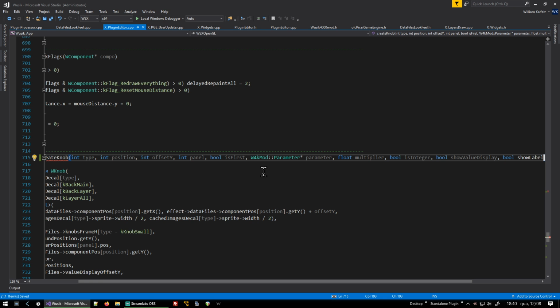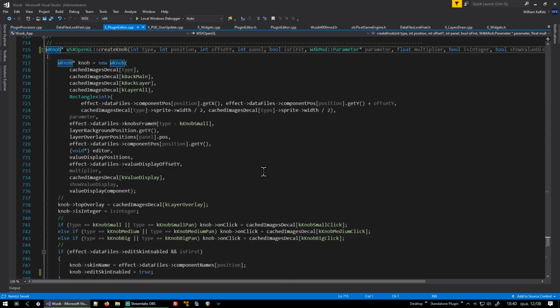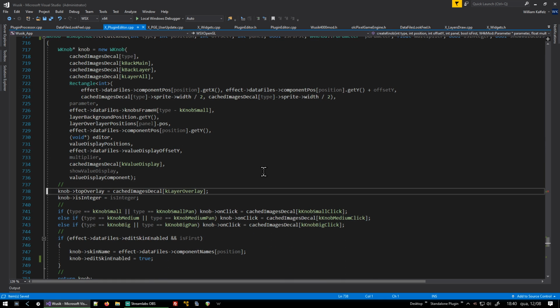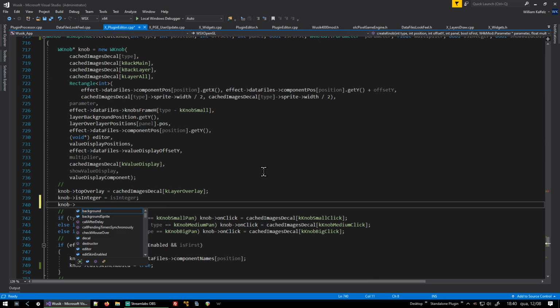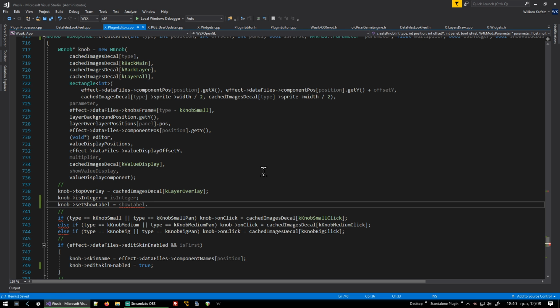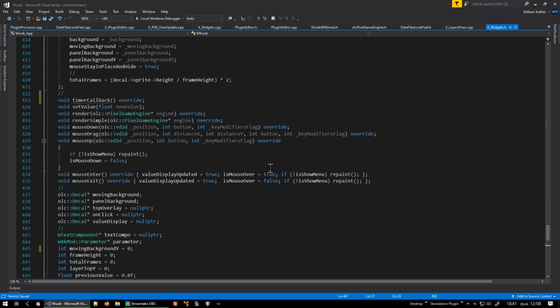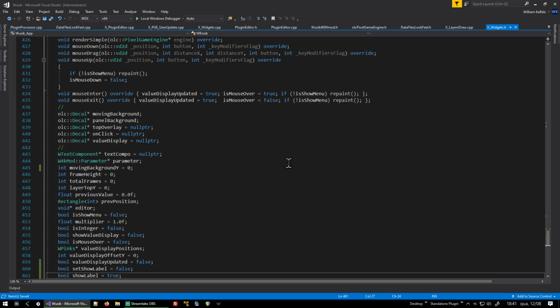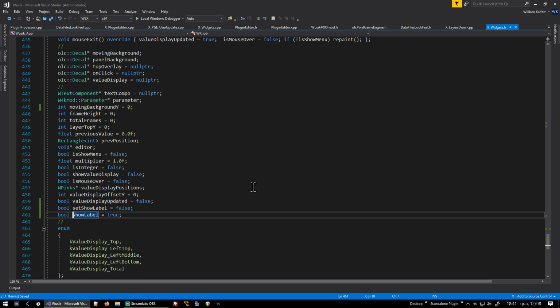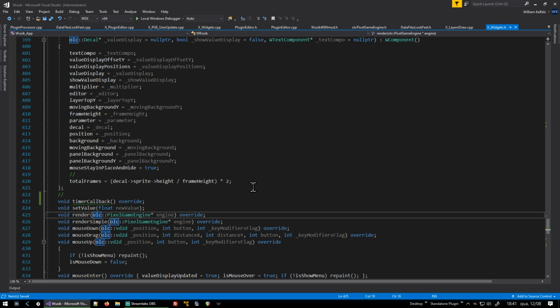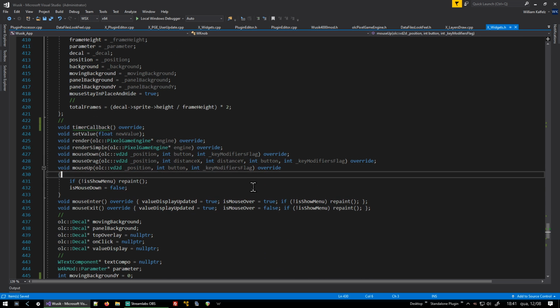Show label. Then I'm going to go knob, set show label. Show label. So now I go to the widget. Need to set a few things here. Show label is going to be on the mouse enter. Mouse enters the